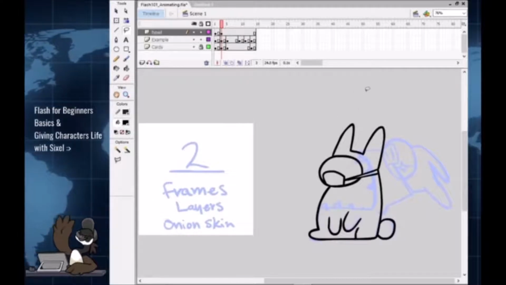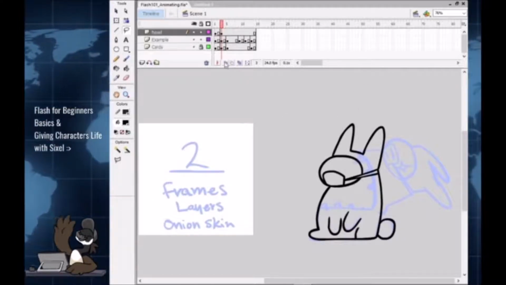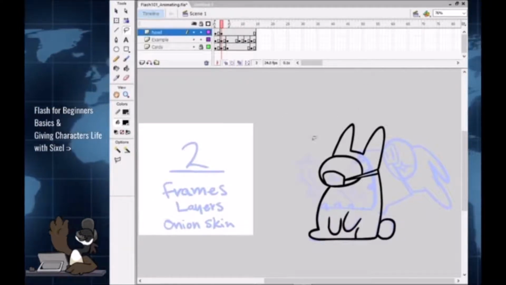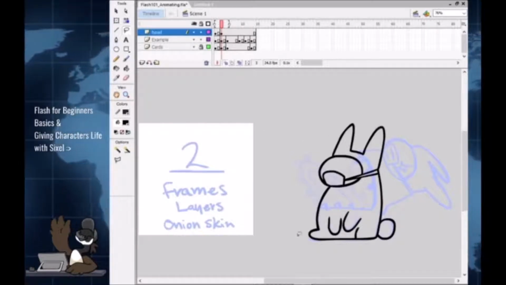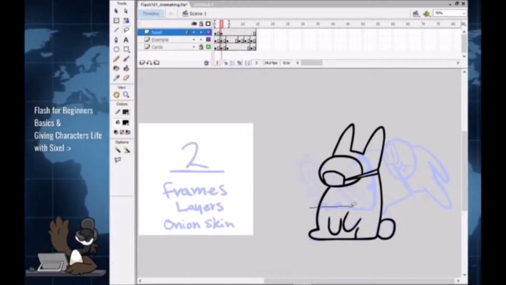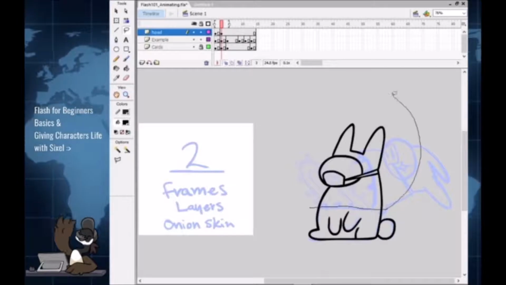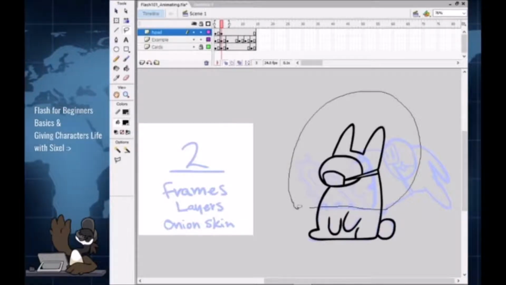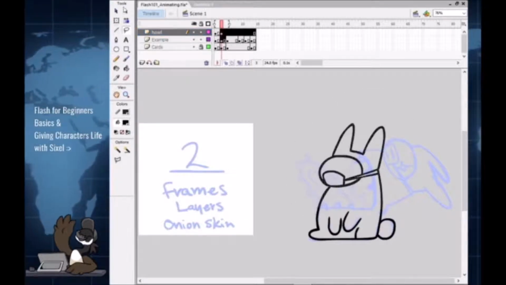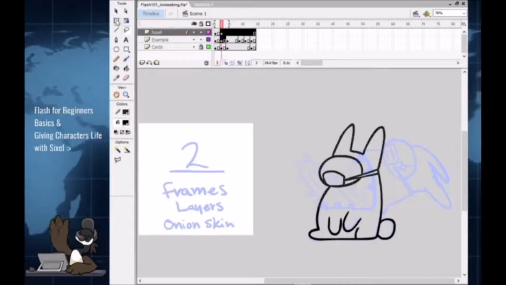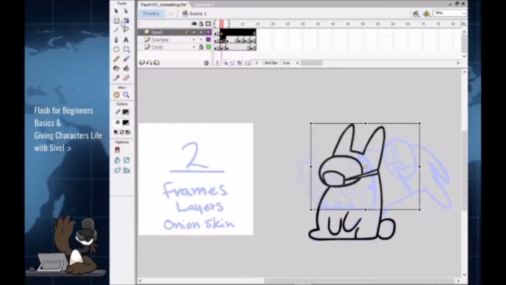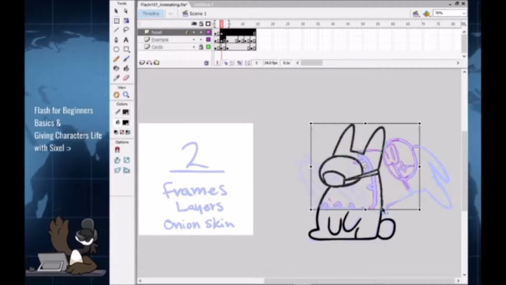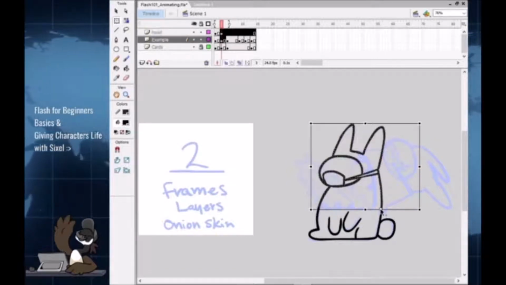In this keyframe, I'm going to turn on the onion skin while I do this. This is going to show me a little ghost of my previous frame while I work. I'm taking my lasso tool and I'm going to use my free transform tool, set a little pivot point. I'm kind of going fast through this, but